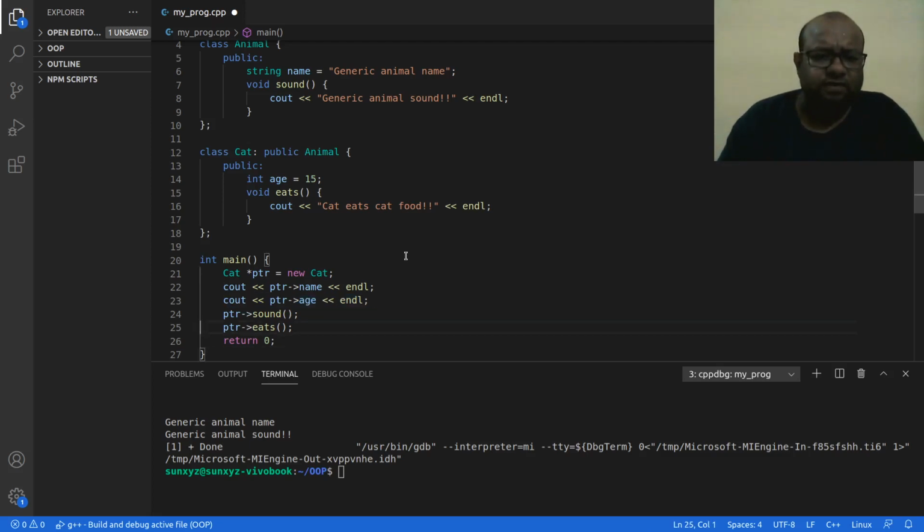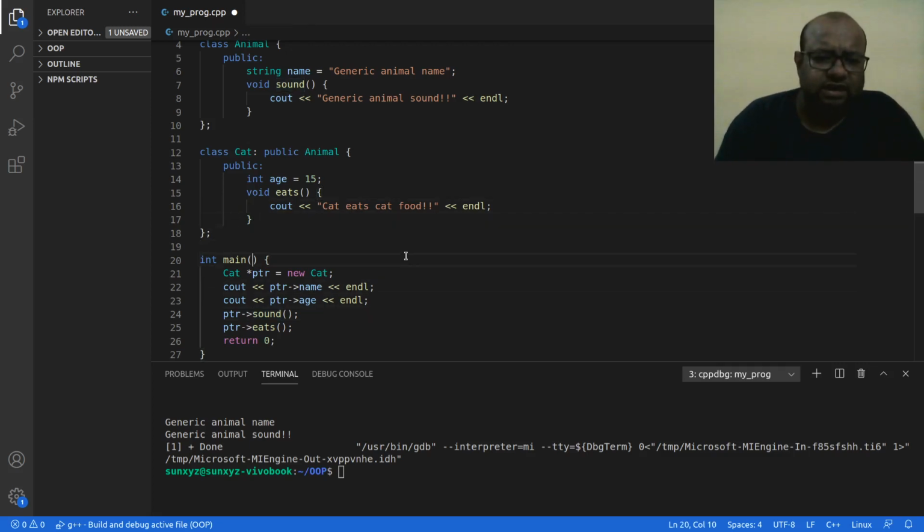And in line number 25, when I access this eats method, that should not give me a problem. These are defined inside my cat class, and the pointer that I am using to access them is a cat pointer pointing to a cat object. So nothing out of the ordinary over here.